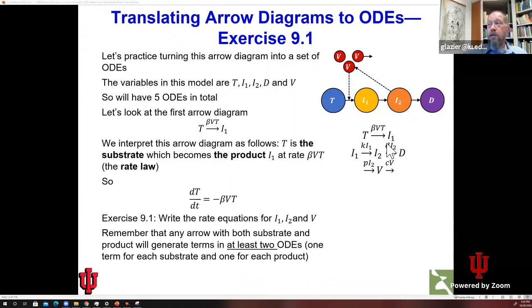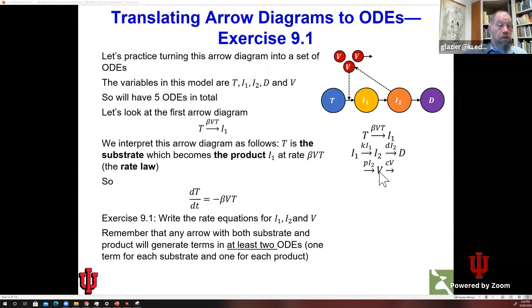The bottom picture is our susceptible cells go to I1 at a rate beta VT. Our I1 cells go to I2 at a rate k I1. Our I2 cells die at a rate D times I2. And then you'll notice that the virus here, and these are dashed lines here, which indicates regulation in some notation. The dashed lines here